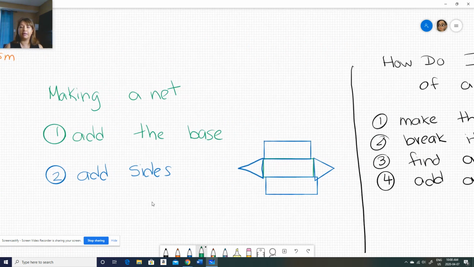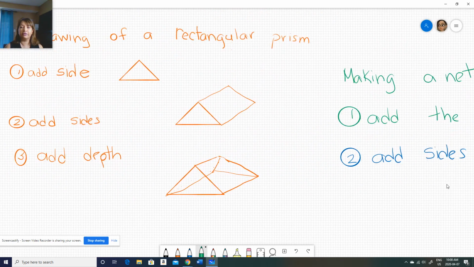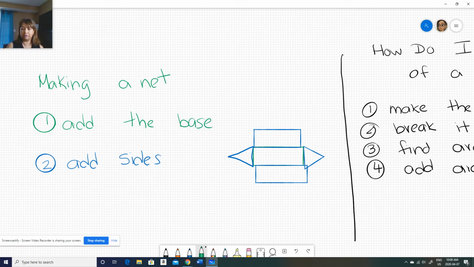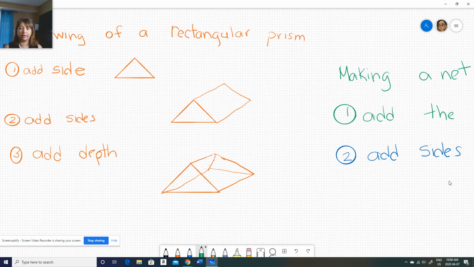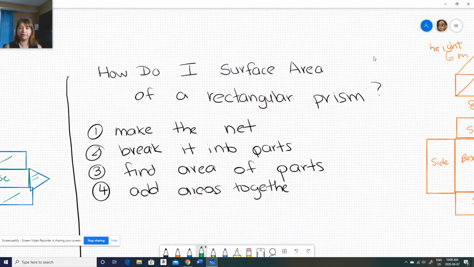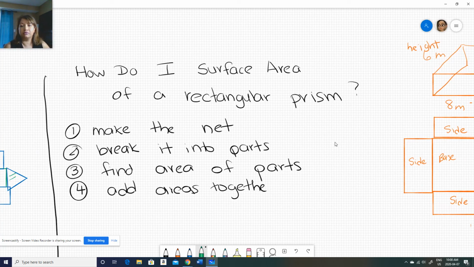Making a net of said figure. So this shape, how do I make a net of that? Well, I add the base, which is over here. And I have 4 sides. 2 of my sides are triangular. Don't forget that. And 2 of my sides are rectangular. I don't have a top, because it's a prism and there is no top to it. Now, how do I determine